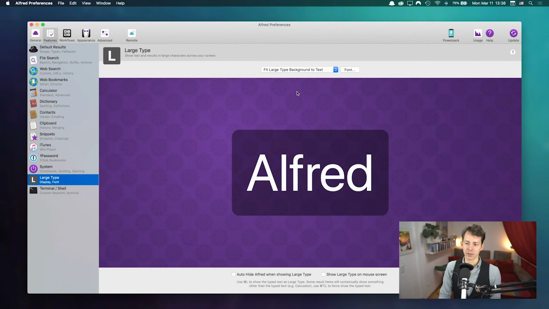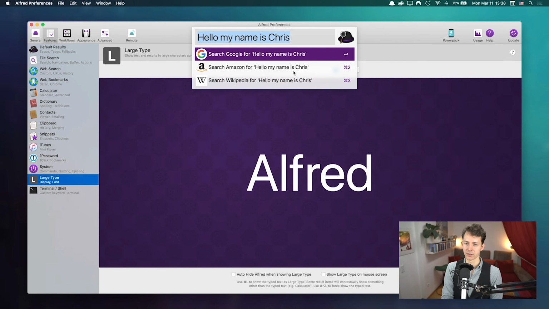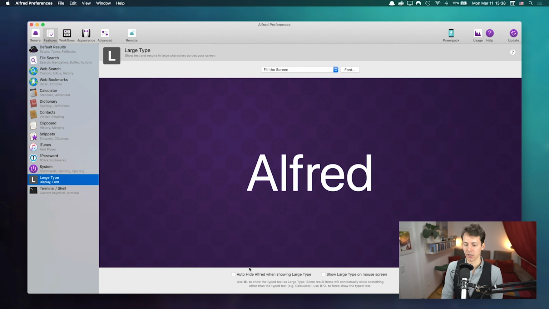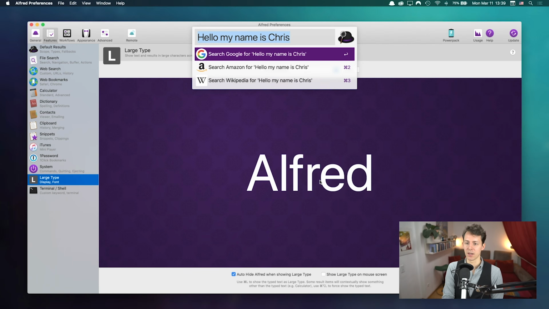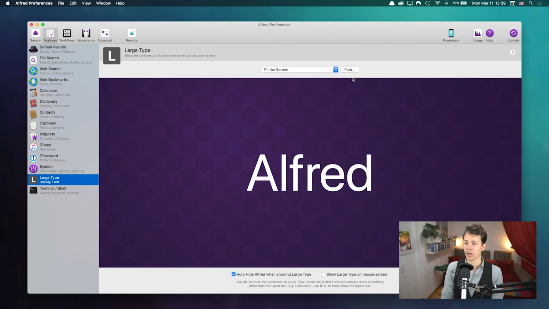Now, there are a couple of settings here. For example, you can say fill the screen, which is what I usually want, because this is what it looks like. It just fills the whole screen, makes everything dark, and writes the text. This is exactly what I use it for. Then you can turn on auto hide Alfred, and you can also make it appear on whatever screen the mouse is on. I like to use auto hide because that means Alfred itself gets hidden and it's not obstructing the background. And I also like to use the system font because I love how San Francisco looks, and